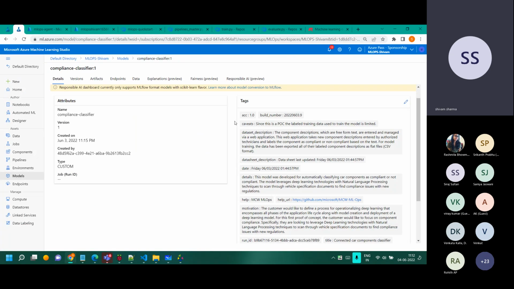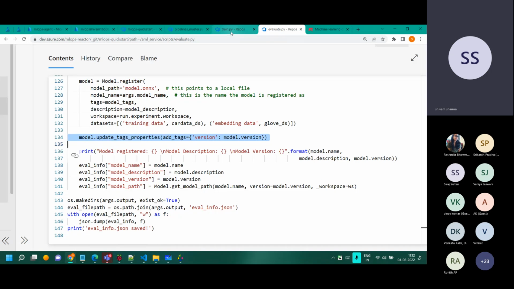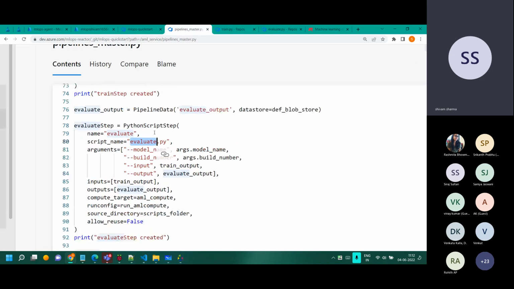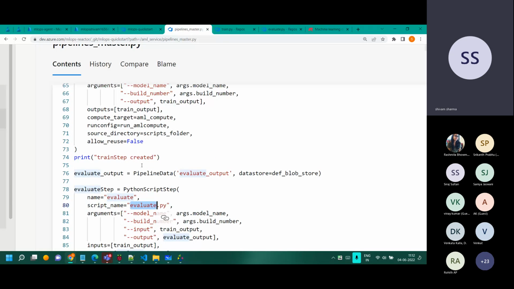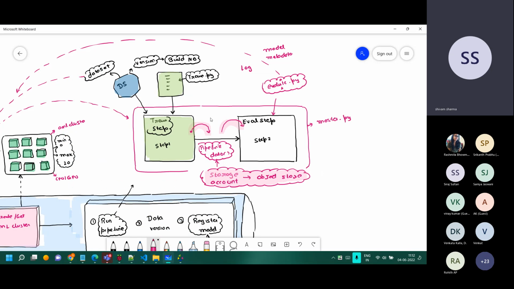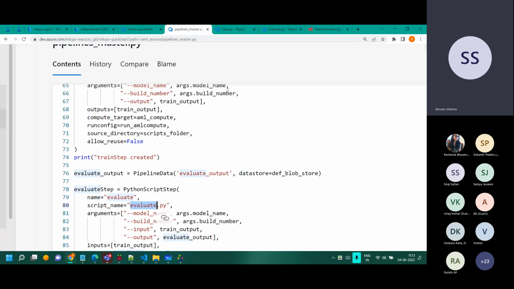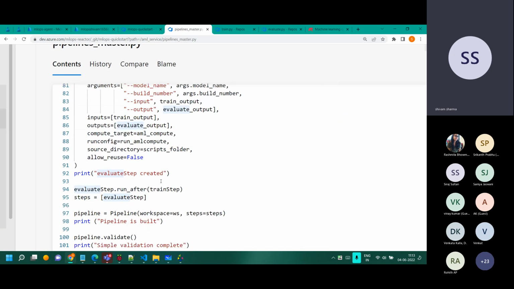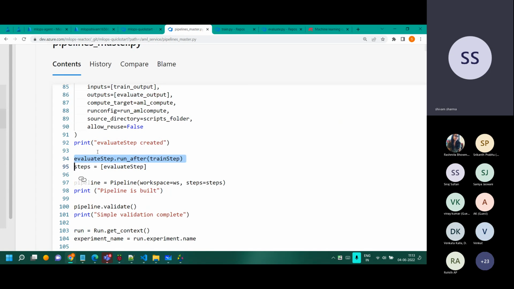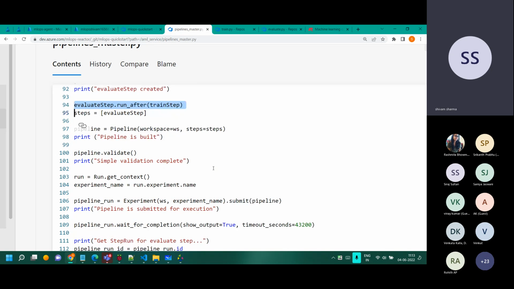Now, if I take you back to the code, let's go back to the pipeline over here. What we are talking about right now is that red box over there, right? We are back in the red box right now. Those were two individual steps inside it, which we can run sequentially or in parallel. Right now it is sequential. Why is it sequential? Because the evaluation should happen after the training step. We can also put a wait there: when the training has finished, only then can evaluation happen. Makes sense.